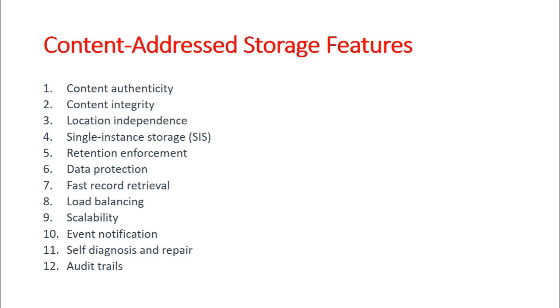The next feature we have is called retention enforcement. Let us see what that is. Protecting and retaining objects is a core requirement of an archive storage system. So after an object is stored in the CAS system and a retention policy is defined, CAS does not make the object available for deletion until the policy expires. For every piece of data stored as fixed content in CAS, we have a certain retention policy. That is, it specifies for what duration of time data should be stored and after what duration the data can be deleted. So once a retention policy for a particular object is defined, CAS does not make the object available for deletion until the policy expires.